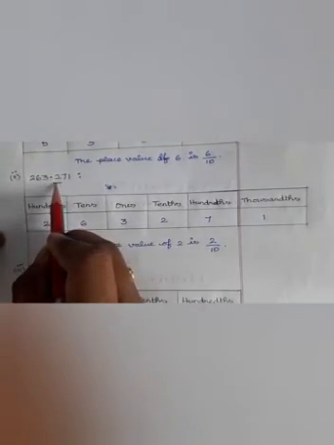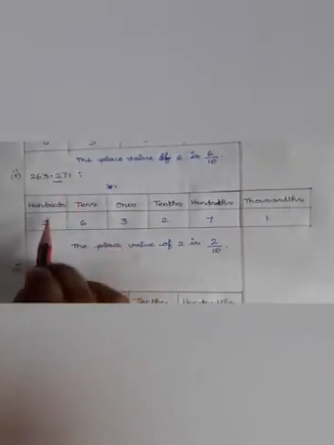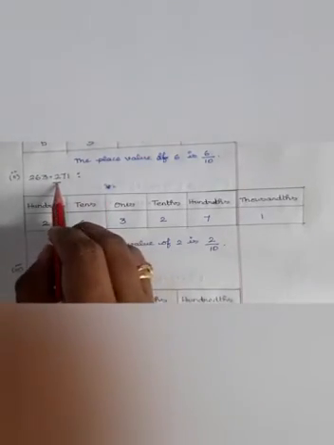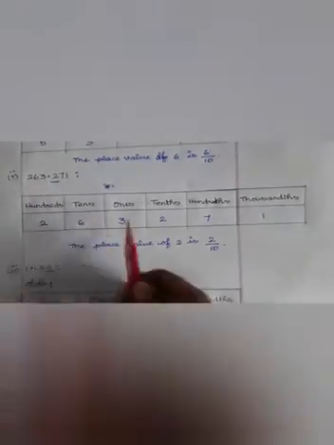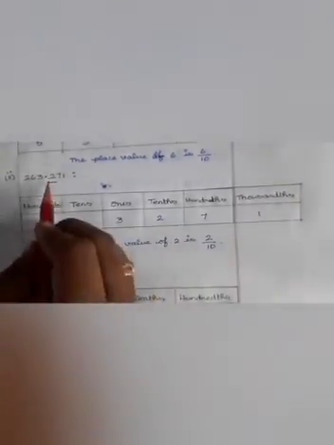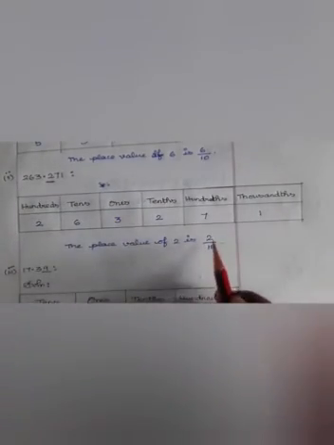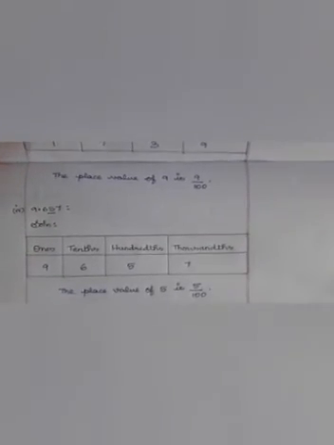263.271, we have to find the place value for 2. So totally 6 numbers, so 6 boxes, and after decimal point we'll call it as tenths, hundredths and thousandths. Before, ones, tens, hundreds. So we wrote that and we put the number straight to that, and the place value of 2 is tens. The place value of 2 is 2 into 10. The same way you will be seeing the next 2 questions.